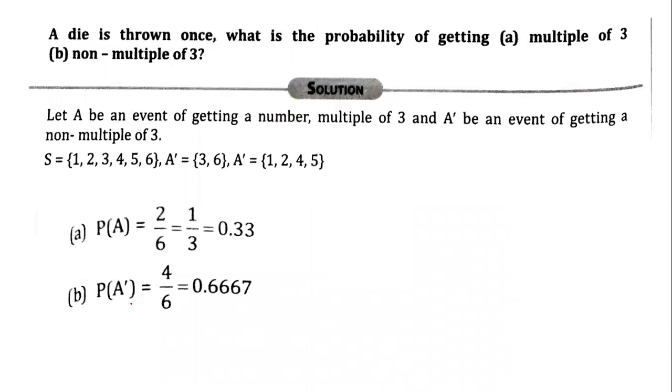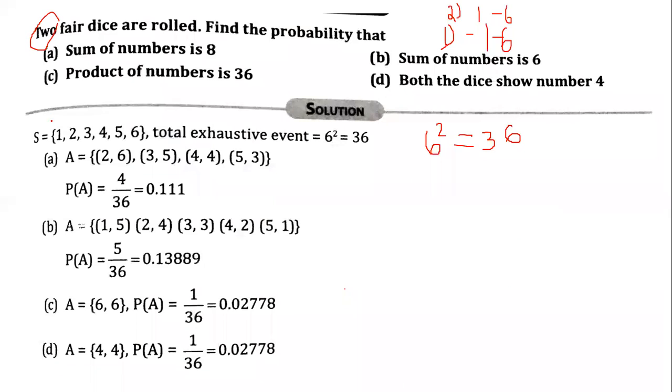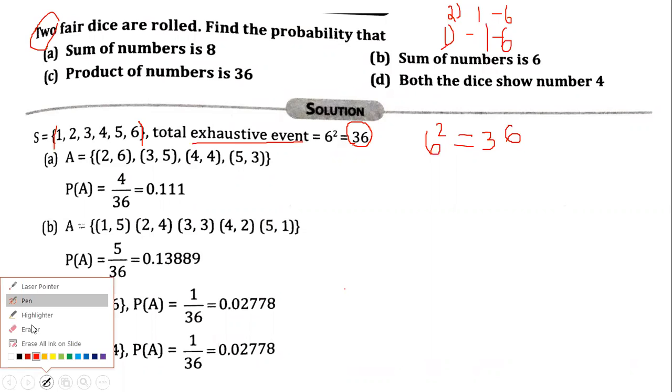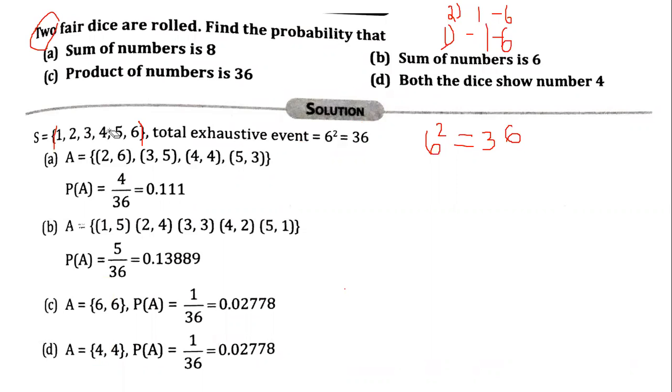Okay, now coming back to our problem here. Firstly, we have to define the total exhaustive events. The sample space will be 1 to 6 because you will only have numbers from 1 to 6. But totally when you take 2 dice, you will have 36 outcomes when they roll the dice any number of times. Did you all understand the first part? Any doubts still here? Now, moving further,